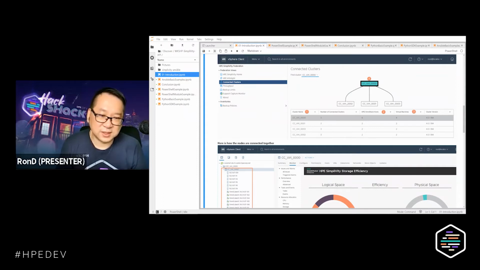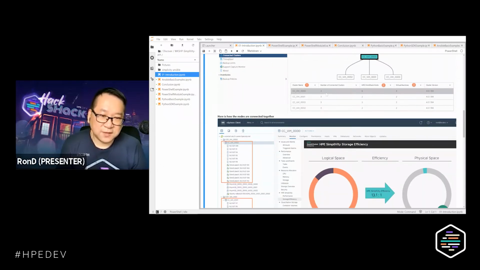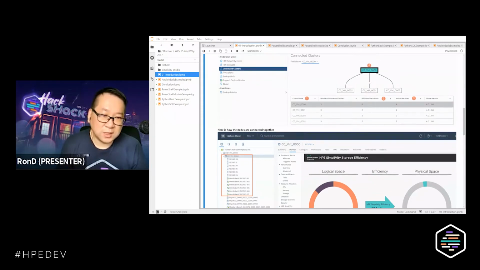So these are the names of the data center and the clusters, and each of them are networked together. Only CC_virtual 00 has 6 different OmniStack hosts, while the rest only have 2 OmniStack hosts each. And they are actually running cluster version 4.01.